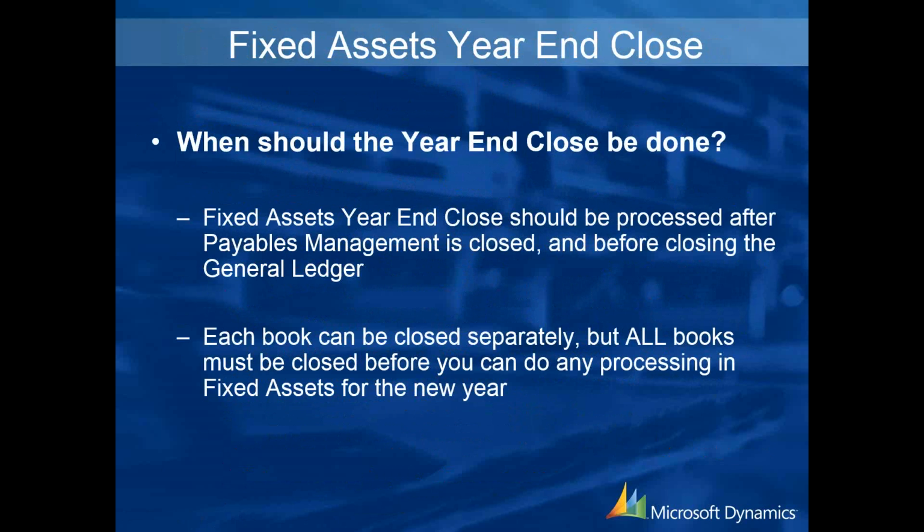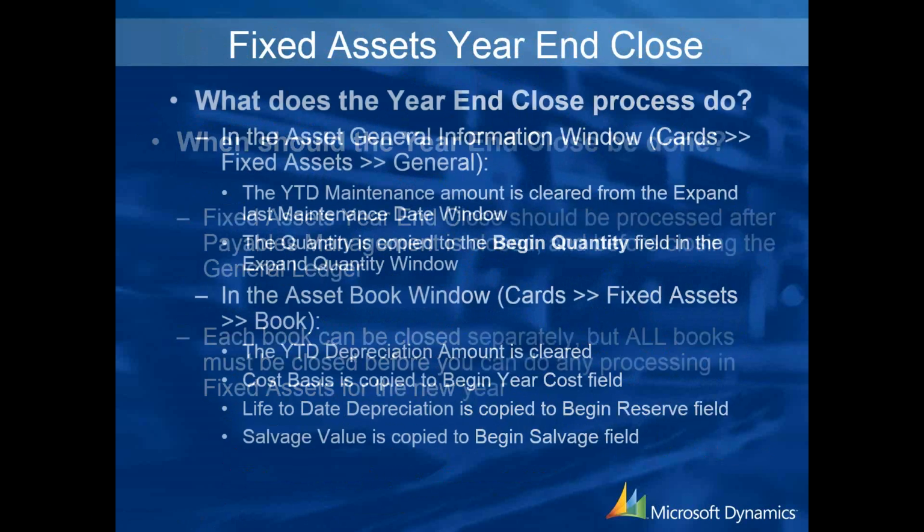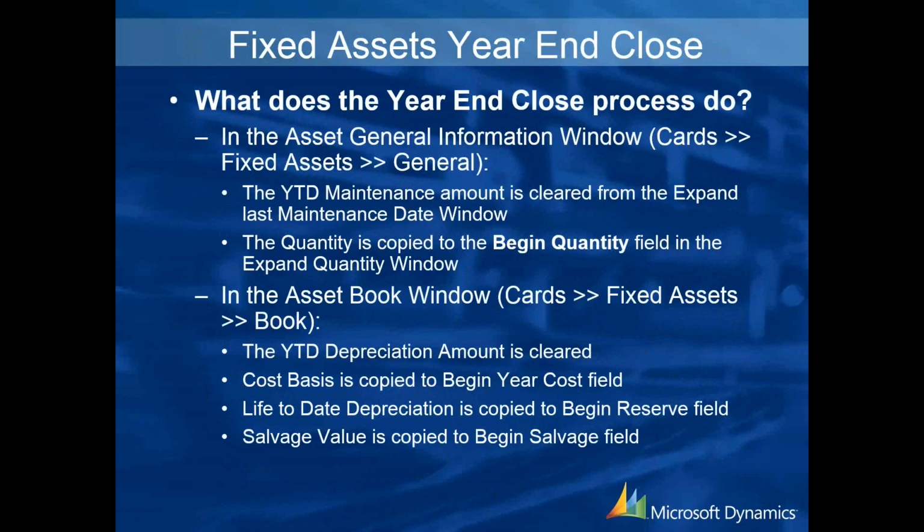Each book can be closed separately, but all books must be closed before you can do any processing in fixed assets for the new year. So this is something you have to do. What does it do? In the Asset General Information window, cards, fixed assets, in general, the year-to-date maintenance amount is